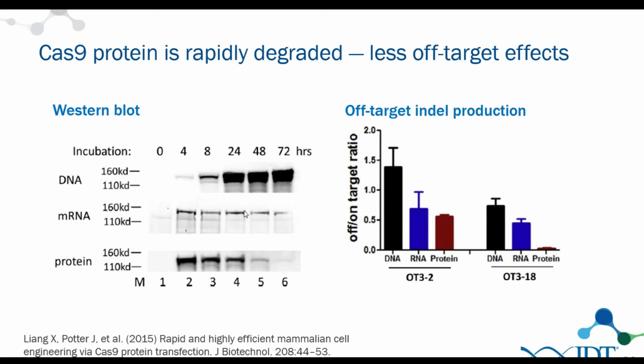The authors here managed to correlate this to the off-target effects. So what they did here was they looked at those two sites. Now we didn't have the chance to reproduce these results yet, but when you think about it, what you obtain here totally makes sense, because the more Cas9 you have in your cells for a longer time, the higher the chance of having those off-target insertions and